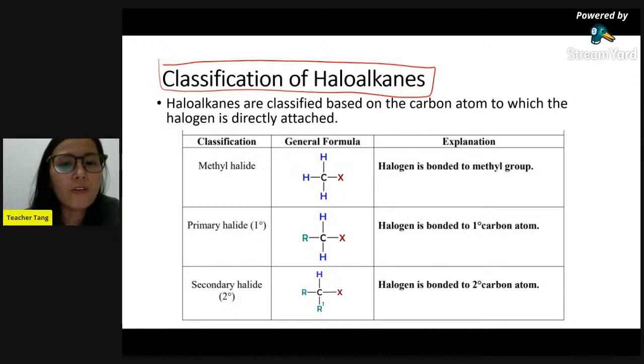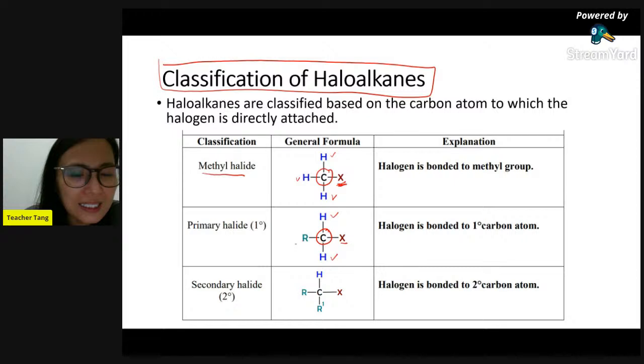First, we need to circle the reference carbon. Where is the reference carbon? The carbon that is attached to the halogen group. If the carbon attached to the halogen has all hydrogen around it, so 3 hydrogen, then we have methyl halide. If the carbon attached to the halogen has 2 hydrogen, meaning it has 1 alkyl group,